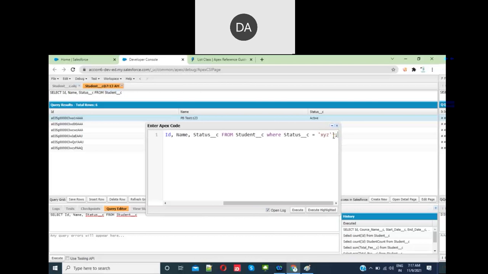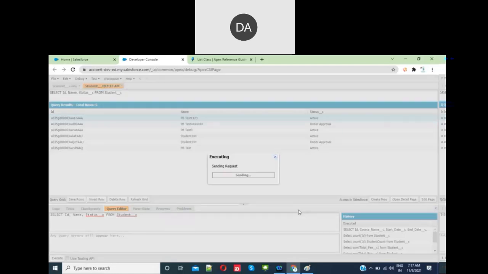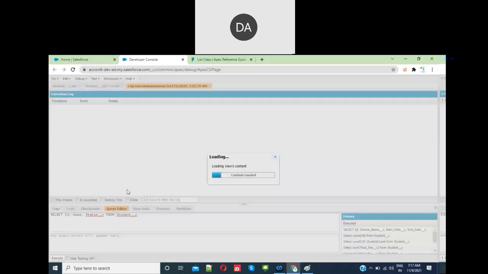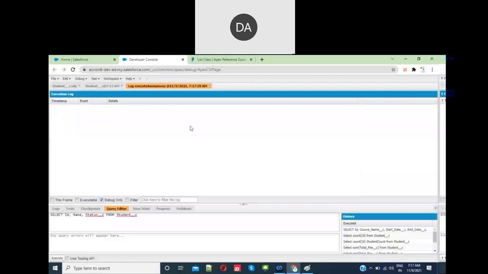In that case, when you execute, it will be executed and the records will not be returned anything. Okay? Sometimes what happens is, if you use that list, let's say